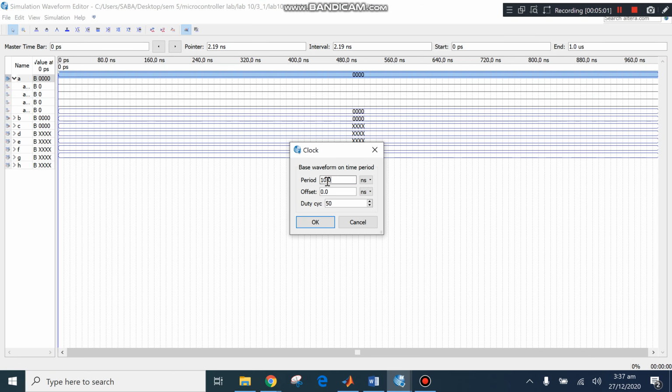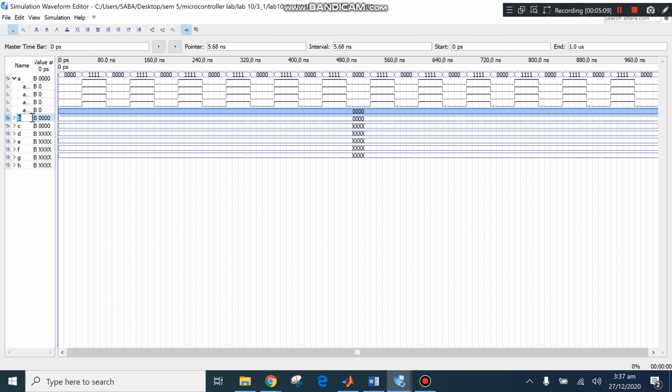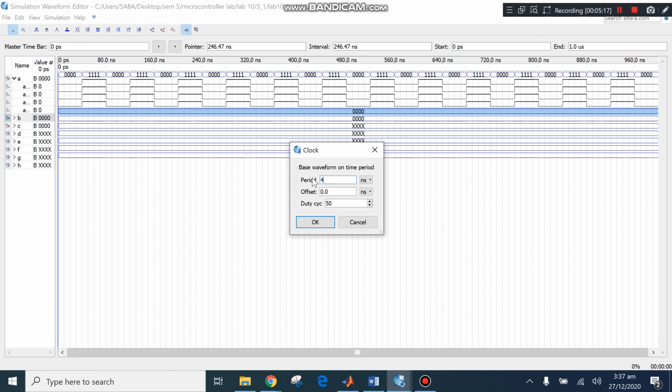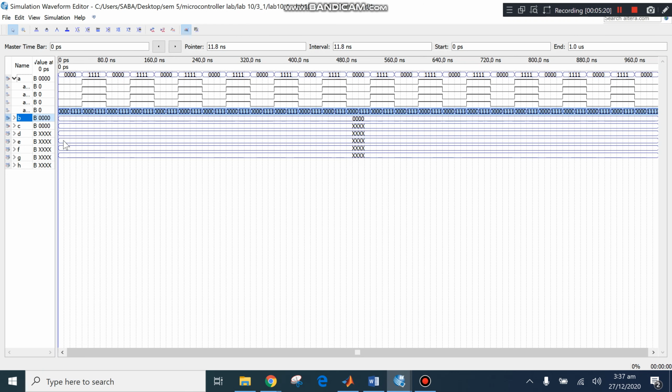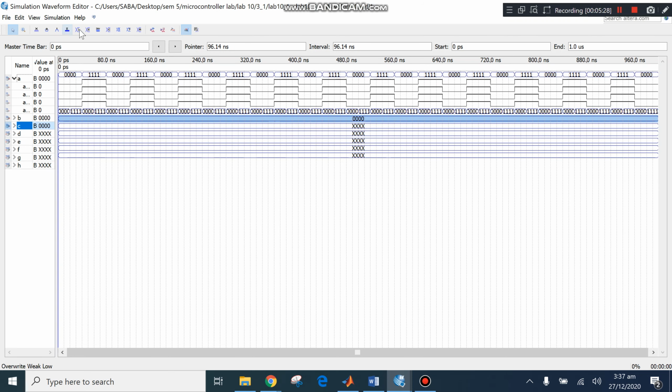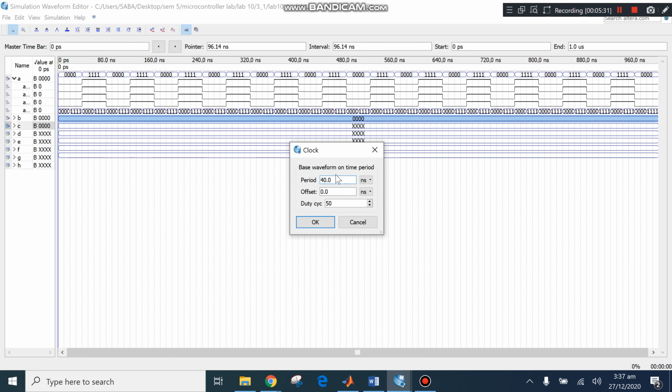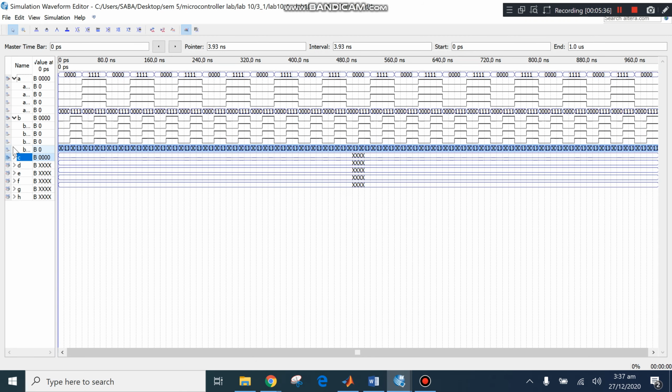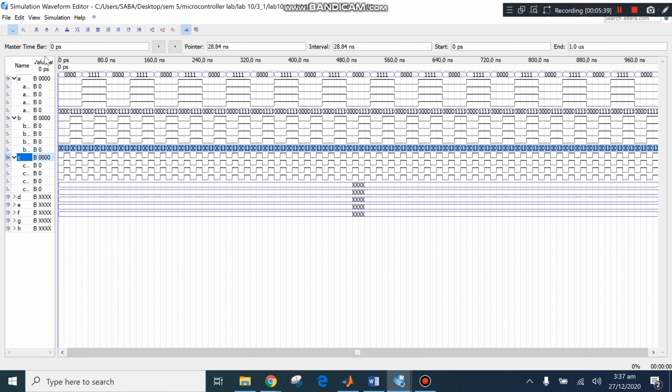Let's suppose I have given 80 to A. Then I will give 40 to B, and then I will give 20 to C. Basically this was our input. And when I run this code,